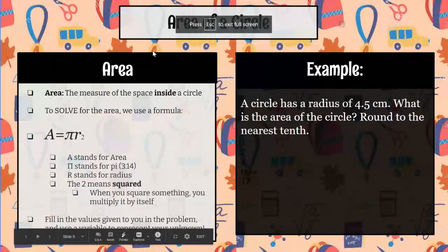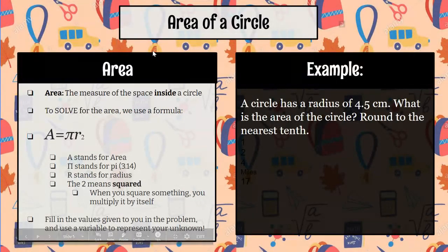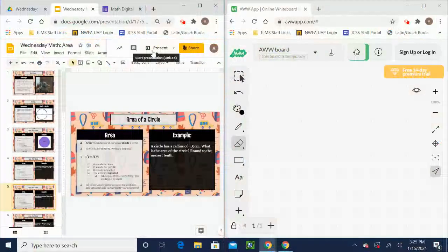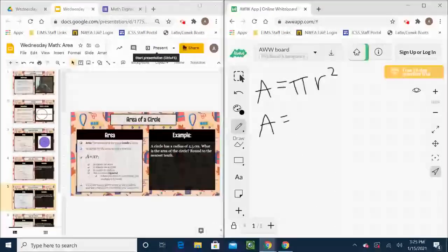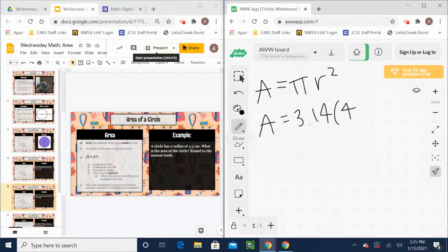All right, a circle has a radius of 4.5 centimeters. What's the area of the circle, round to the nearest tenth? All right, same thing here, you guys. Nothing's changed. Area equals pi times radius squared. You're looking for the area. Pi is 3.14. Radius is 4.5, and that is multiplied times 4.5. Okay. So 3.14 times 4.5 times 4.5. That gives me